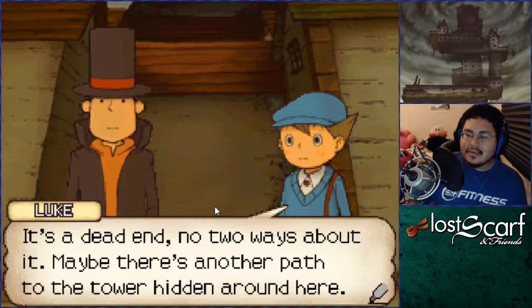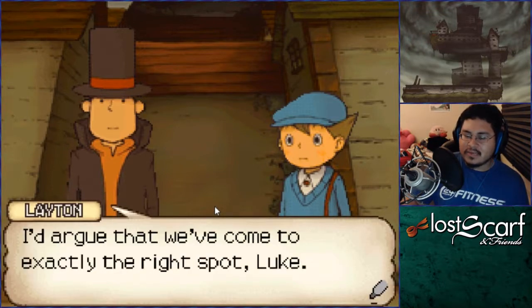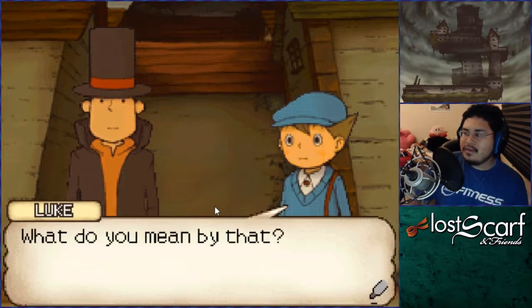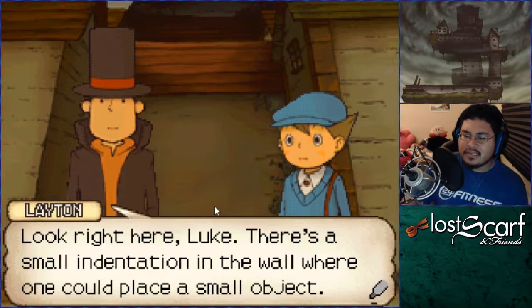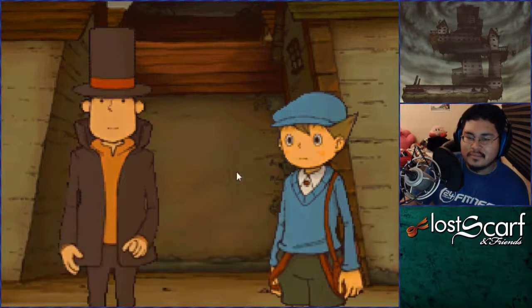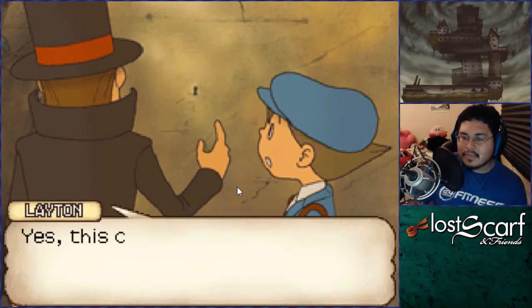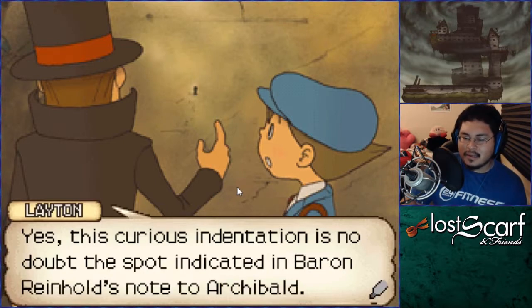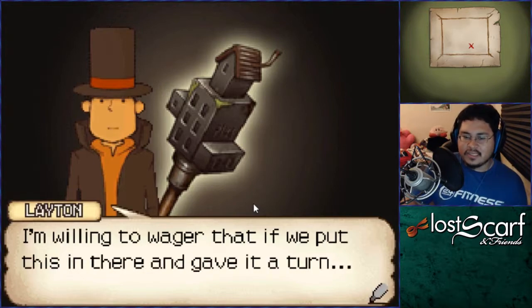It's a dead end. No two ways about it. Maybe there's another path to the tower hidden around here. I'd argue we've come to exactly the right spot, Luke. What do you mean? Look right here, Luke. There's a small indentation in the wall where one could place a small object. So that must be... yes, this curious indentation is no doubt the spot indicated in Baron Reinhold's note to Archibald. I'm willing to wager that if we put this in there and gave it a turn...